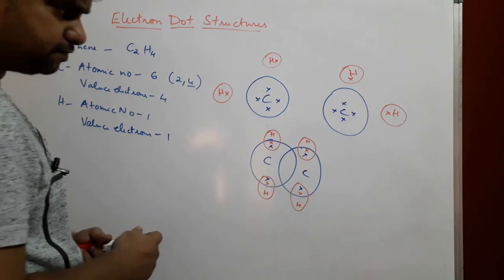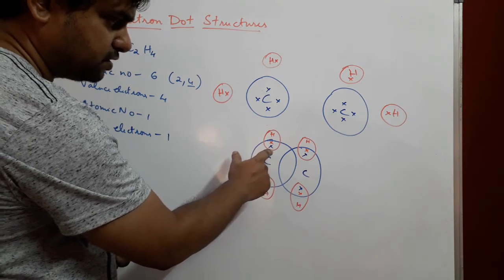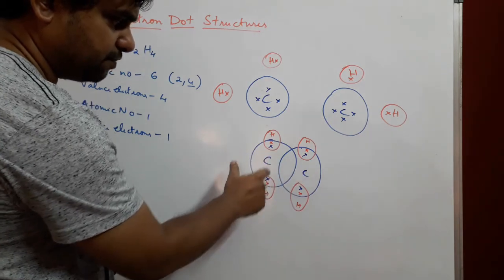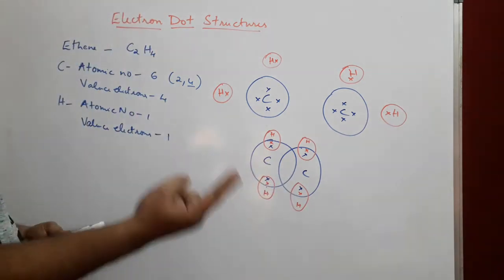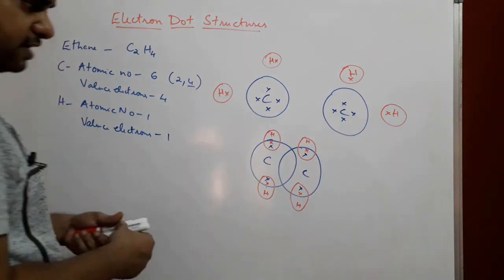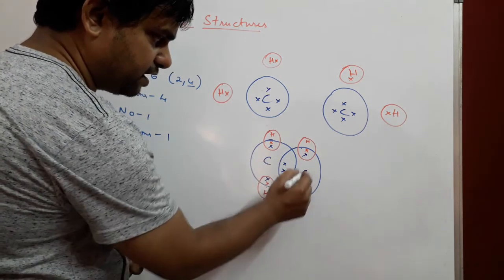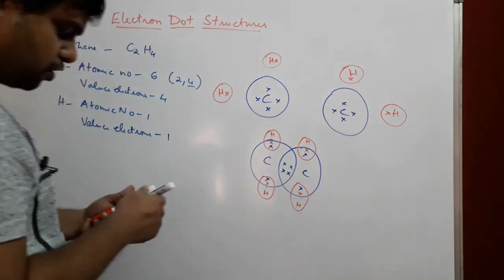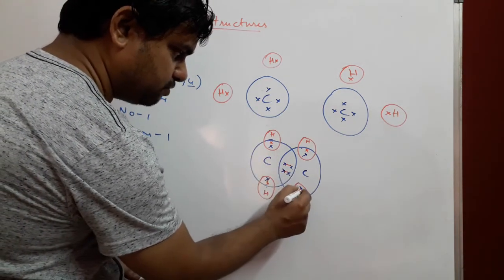Now how many carbon electrons are being utilized? 2 in case of each atom. So 2 electrons are being utilized for this carbon atom, and 2 electrons are utilized in case of this carbon atom, which means we still have 2 more electrons that need to be utilized. So in that case, what happens is the 2 electrons which are pending come here, and the 2 electrons from this carbon atom also come here, and they form a bond with each other like this. So that's a double bond that is formed. Here there are single bonds formed.